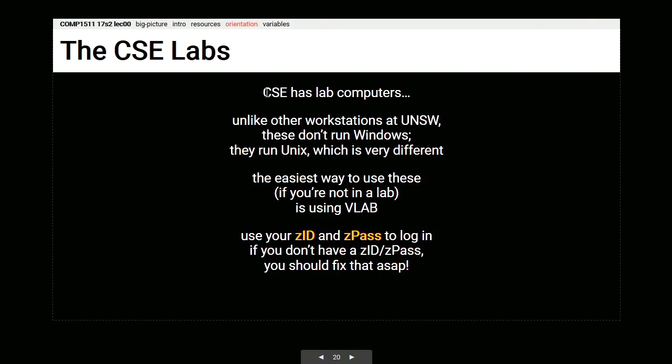Cool, so another question some people asked was, how do you get set up at home? What do you need to have on your home computer? All that sort of thing. So one thing we'll do in the tutorials and labs this week is we'll be looking into how to get your personal computer set up, whether that's a Windows computer, a Mac computer, or a Linux computer. If you're interested in trying out Linux,